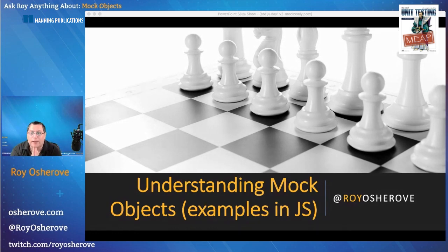Okay, so the next hour is going to be dedicated to mock objects. Well, really mock objects and stubs and all the differences between them. I find that there's a lot of sources for miscommunication about that stuff. A lot of stuff going on where people call something mock and something stub and they don't even know the differences between them. So I'm here to explain the way I view these things. So again, if you have any questions, feel free to ask in the chat.